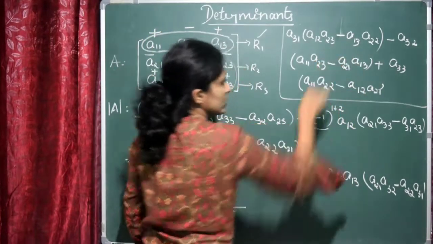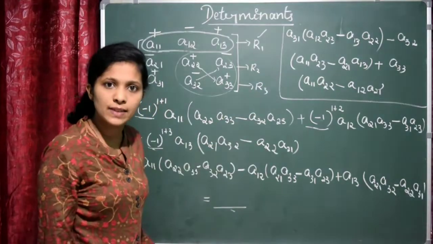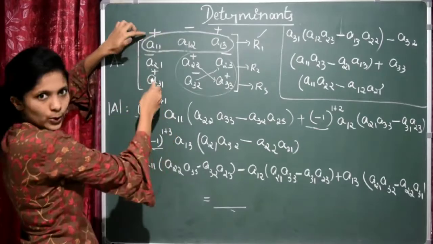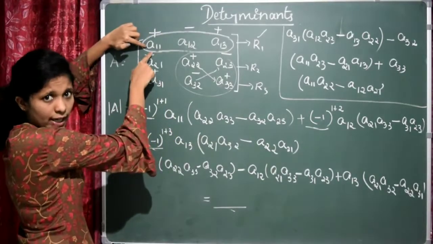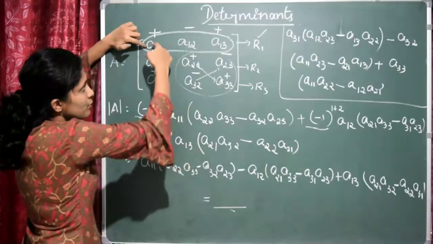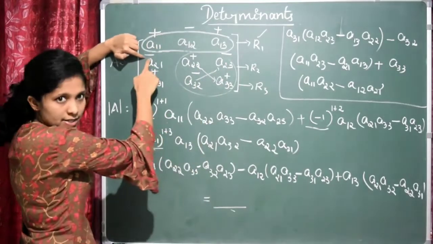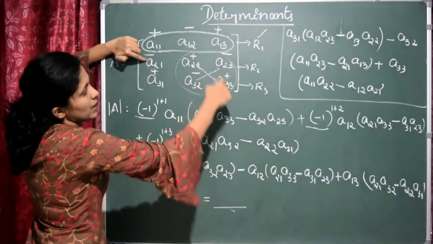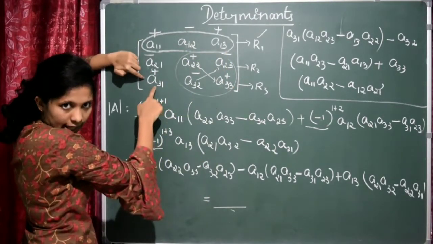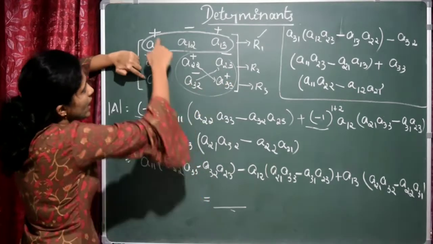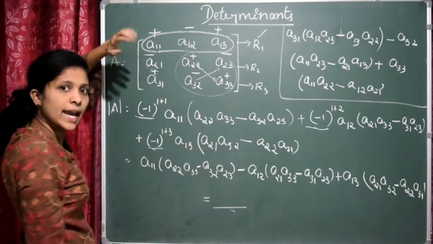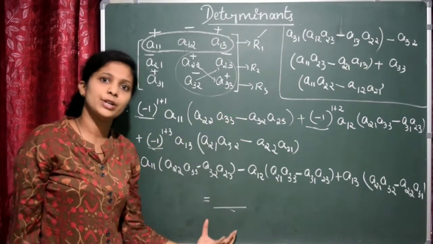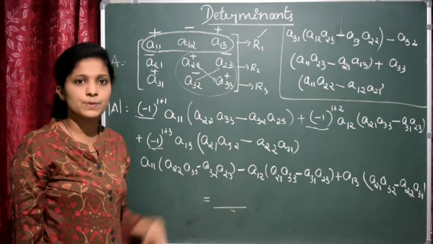You will get the determinant. This determinant will be same. Is it clear? If you want to go with the column, what you have to do? You have to do like this. Plus A11, delete first row, first column, multiply this. Minus A21, delete first column and this row, multiply this. Plus A31, so delete the last row and the first column, multiply this. Any row or column you can consider, the determinant will be same. We'll solve some problems based on this.